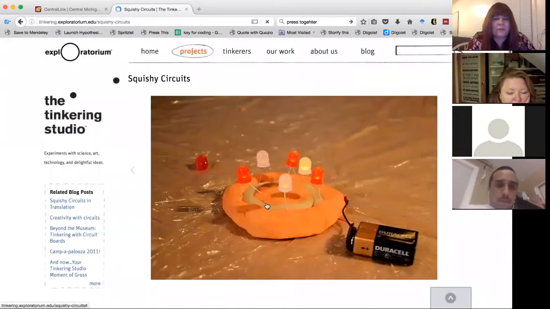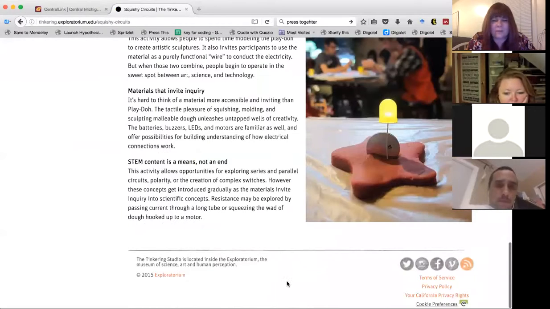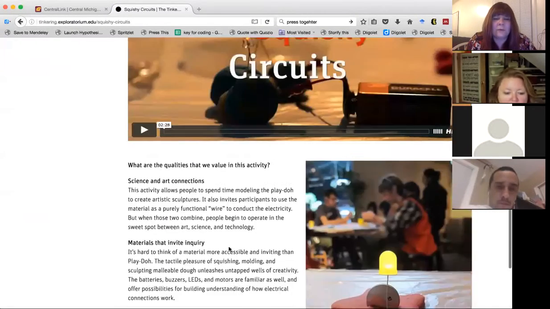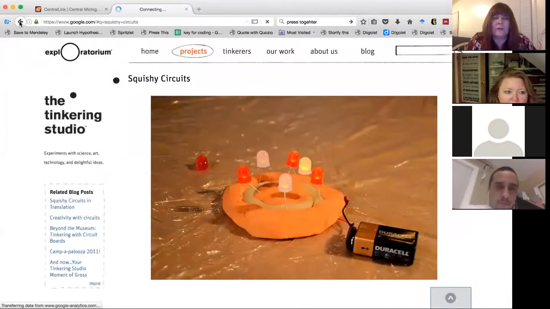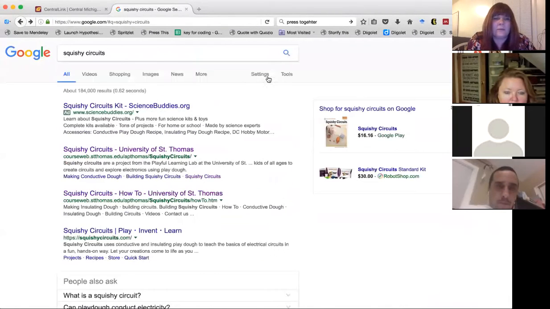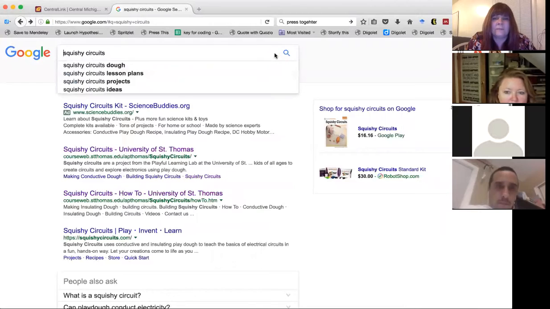So we go to a page with this and we scroll down to the bottom. That's usually where it's listed. And we see that there's a copyright 2015 Exploratorium. Okay, so what we can do then to find something that is maybe not copyrighted is when you come into this, you can,